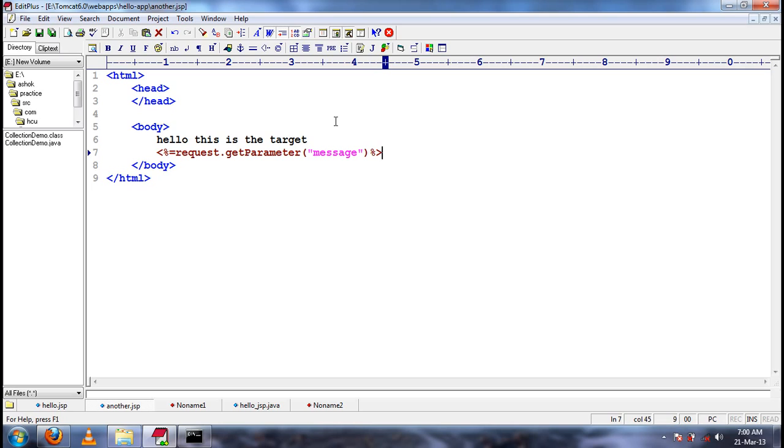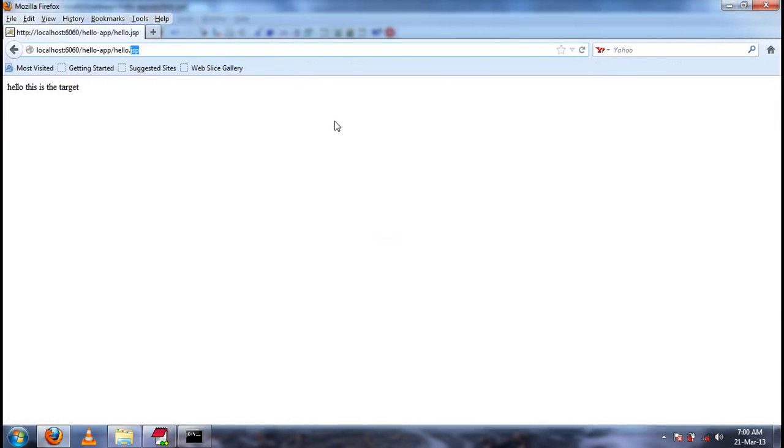So I'm using request.getParameter message. Understood? Let me see by refreshing the browser. Is the message available as a request parameter? Yes, the message is available as a request parameter.